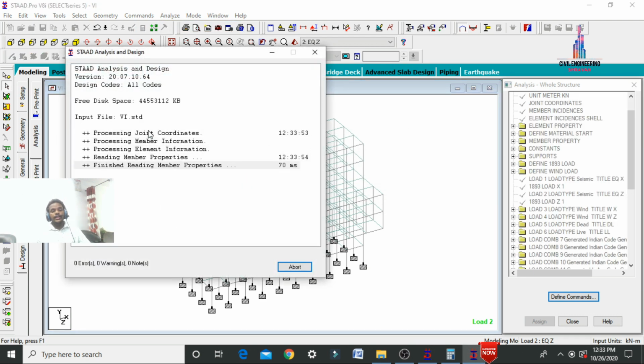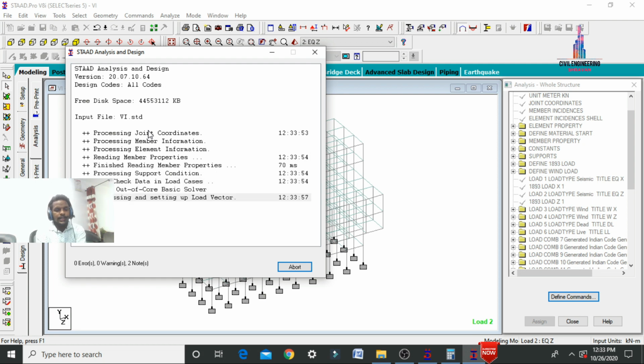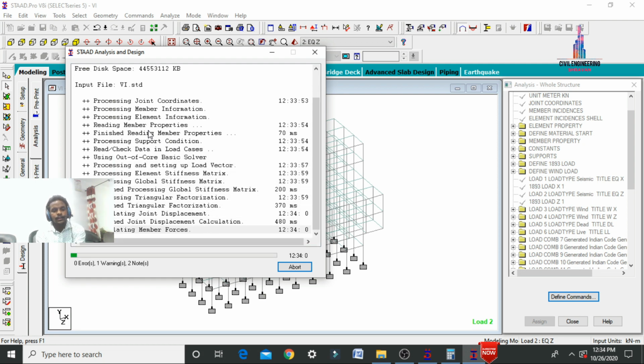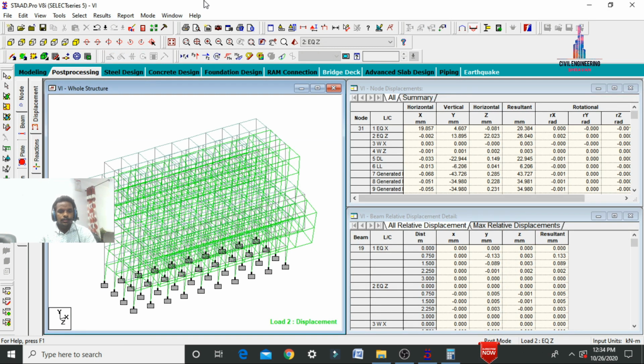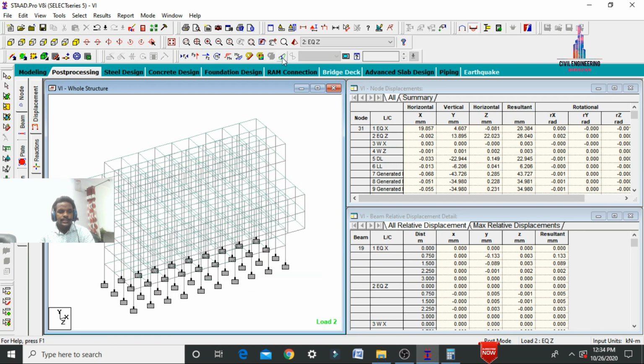Now again we have to check for the zero errors for the respected design also. So here my model is checking for the zero errors for the respected design also. Now here the model is observed with zero errors. Go to post processing, done option. So we have to see the reinforcement values which are related to the beam section and the column section.